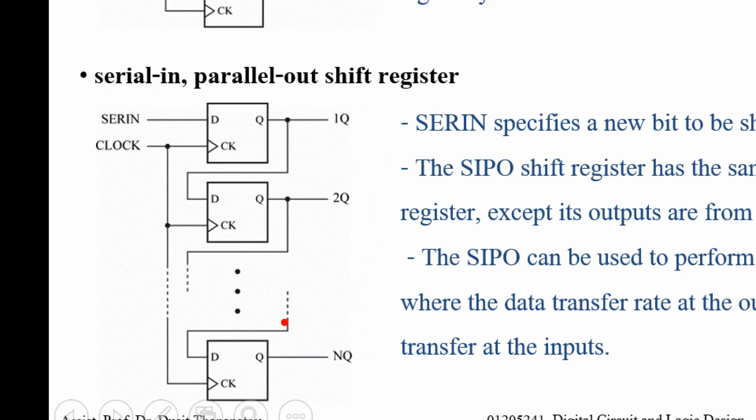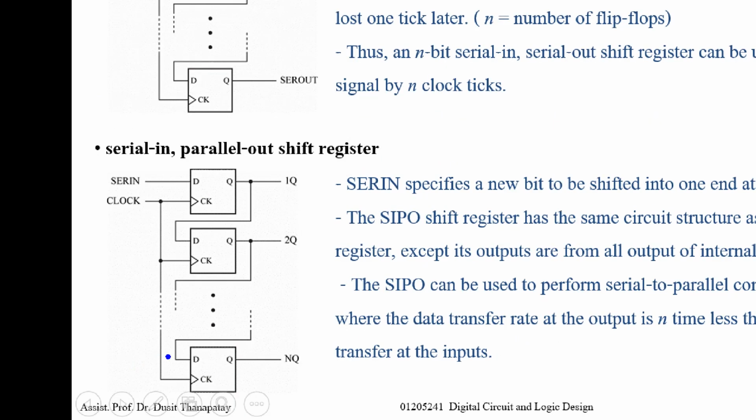Okay, now for example, let me add more flip-flops right here. Add here D, Q. So in total we have, for example, 1, 2, 3, 4 flip-flops. So we have 4 bits at the output. Okay, now let's consider